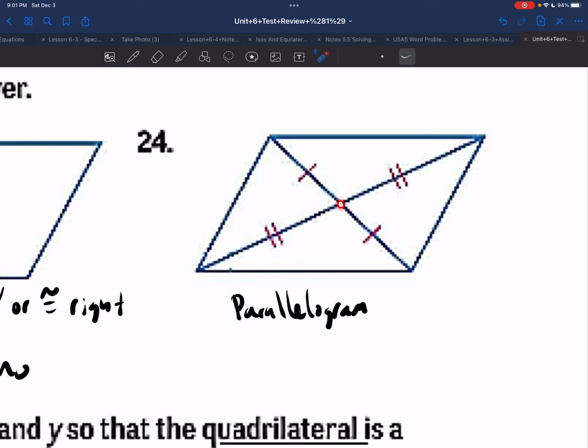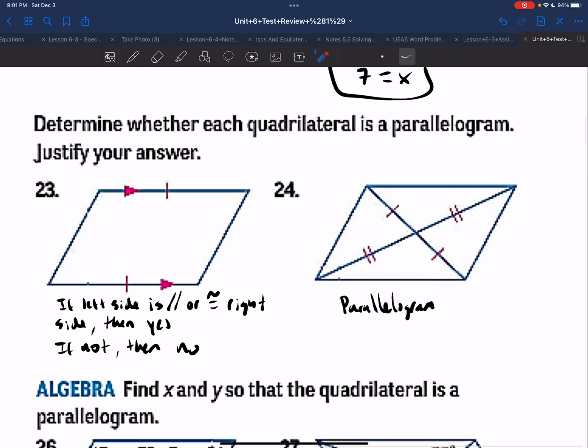The midpoint is in the middle of this whole segment. And if I break that in half, this should be even to this one. And that's the same idea with this segment here. My midpoint is here. And this segment is congruent to this segment, so they should be even. Okay, so it's a parallelogram, because the diagonals